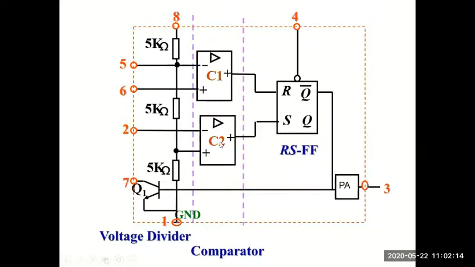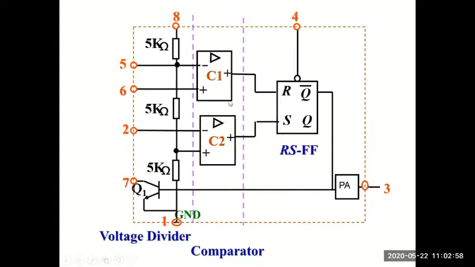Then comparators, we know how they work. Whenever the voltage at the non-inverting terminal is slightly more than the voltage at the inverting terminal, output will go to logic 1 state or plus VSAT. And whenever the voltage at the inverting terminal is slightly more than non-inverting, output will go to minus VSAT or logic 0. So here we are talking in terms of logic 1 and logic 0. Remember, positive terminal voltage a little greater than negative terminal voltage, output is 1. Positive terminal voltage a little less than negative terminal voltage, output is 0.